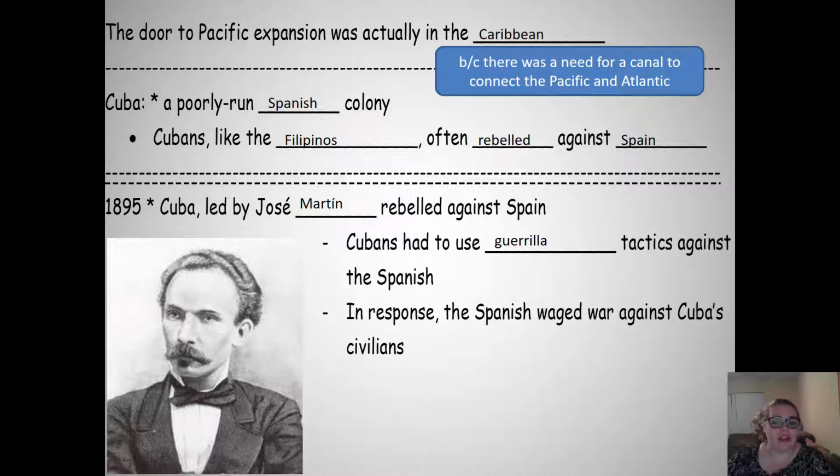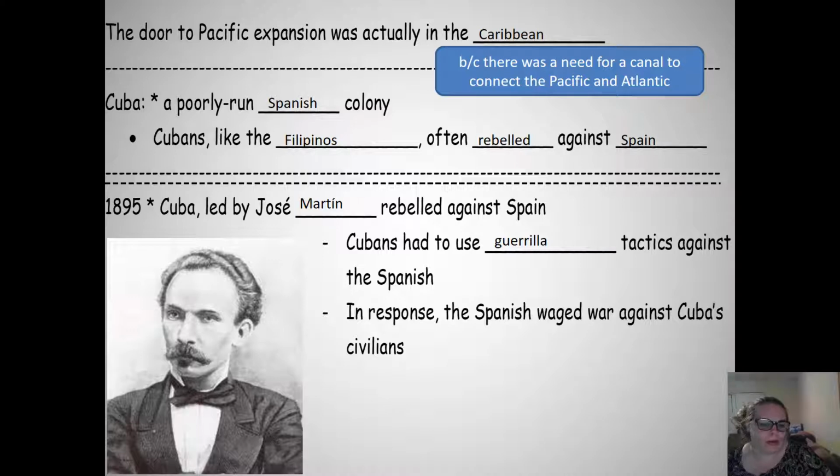So the Cubans are fighting in guerrilla warfare, which, if you know anything at all about warfare, is whenever you do the hit and runs. Think what the Native Americans did to the colonists. Think what some of the best battles the Americans fought against the British. Anytime two forces meet on the field of battle and they march off onto the field and shoot at each other, the group with the biggest army wins. Almost always, because it's going to be whoever has people left standing when the other side's all dead.